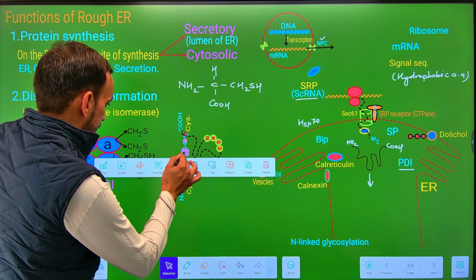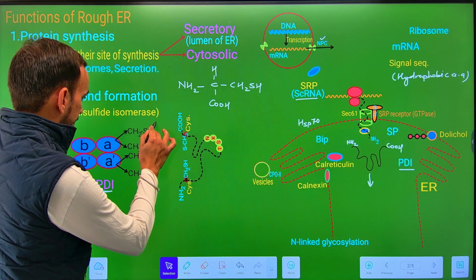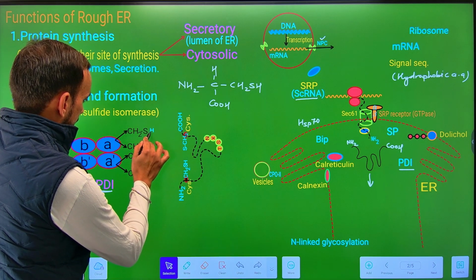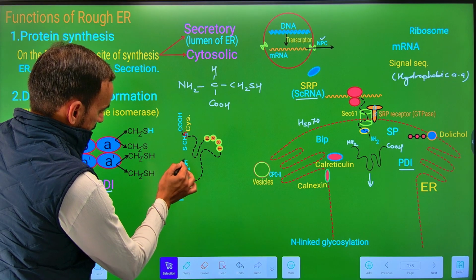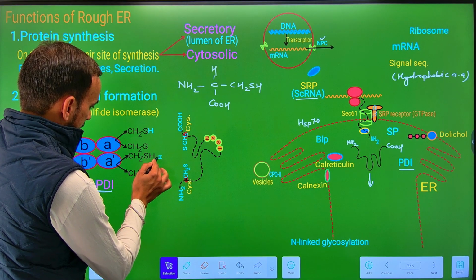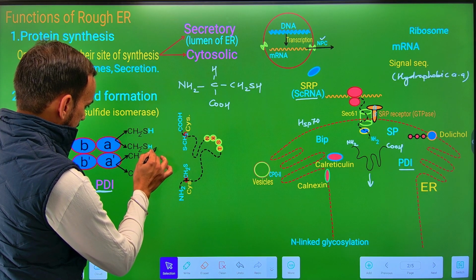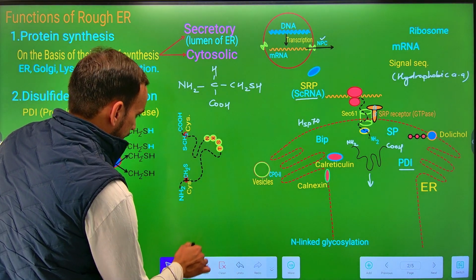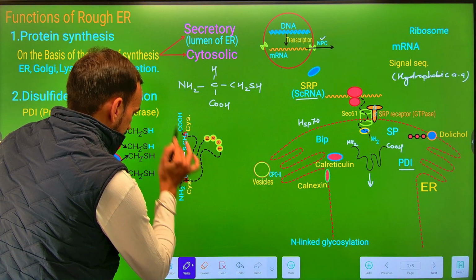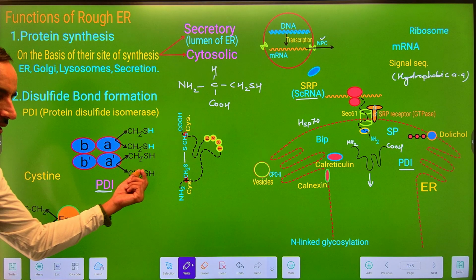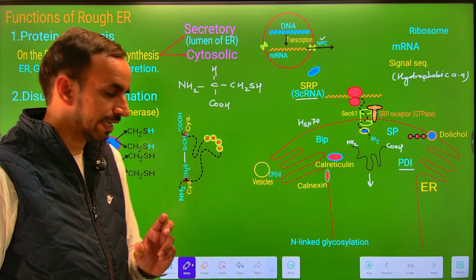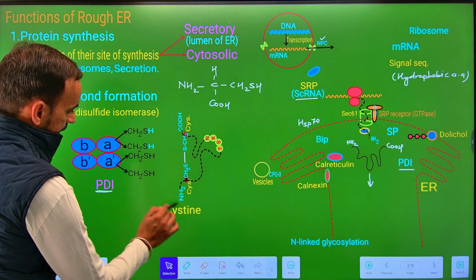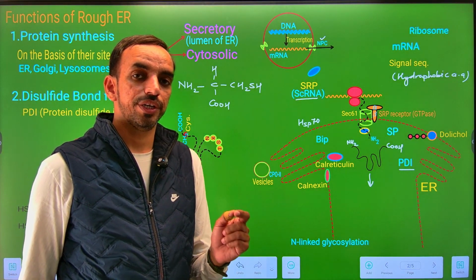these hydrogens, from here it will take them. These hydrogens will be taken up by the enzyme PDI, and then a disulfide bond is formed between the two cysteines. Now these cysteines which remain bound by the disulfide bond are called cystine. Free cysteines absorb the UV radiation of 280 nm